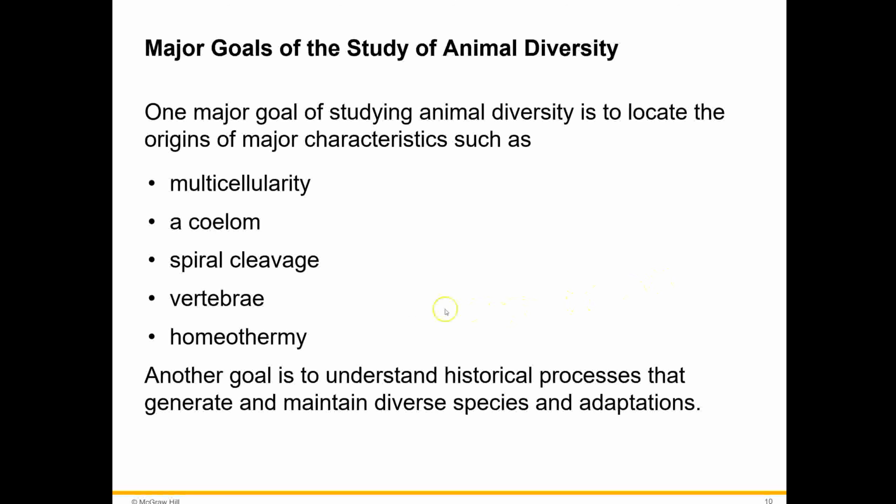So where did multicellularity come from? Where did coelom come from? Where did this idea of spiral cleavage, which we're going to get to later on, come from? I guess we're going to get to all these later on. Where do we get vertebrae from? Where did homeothermy